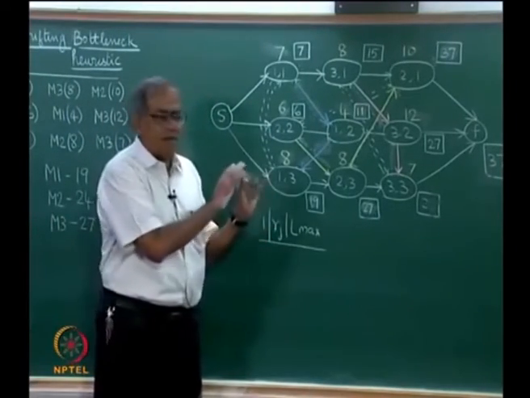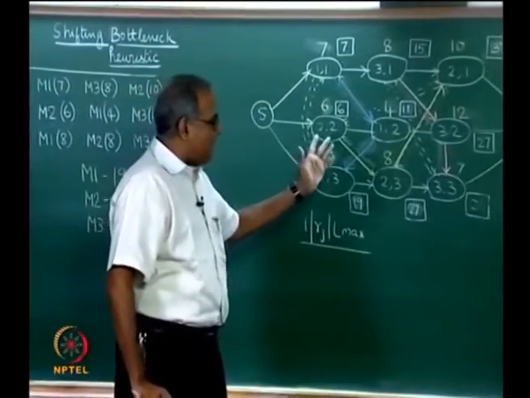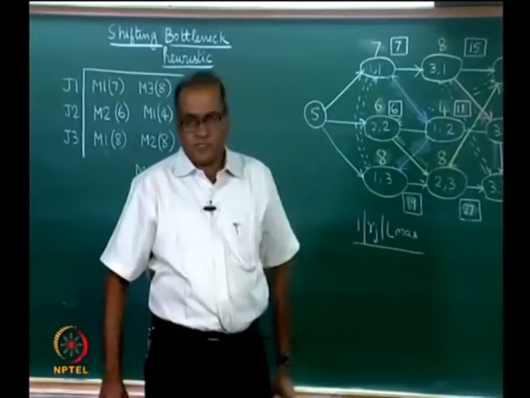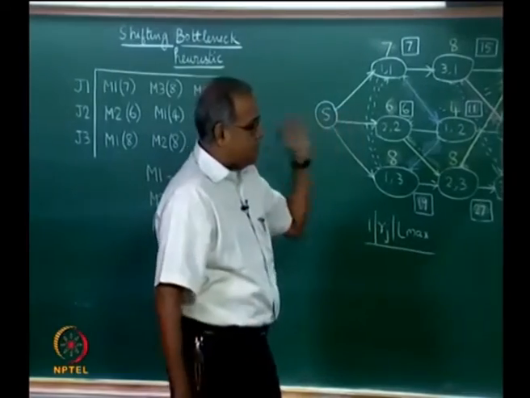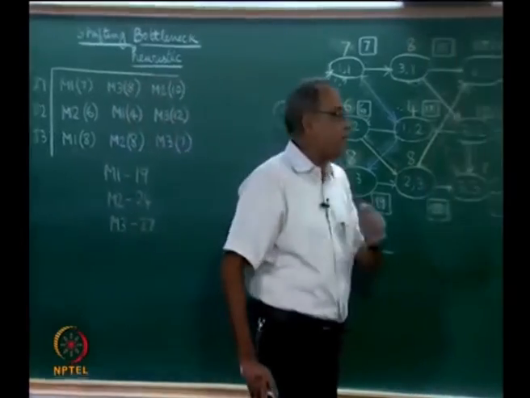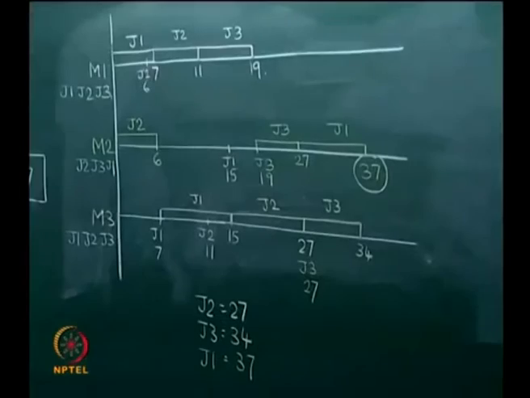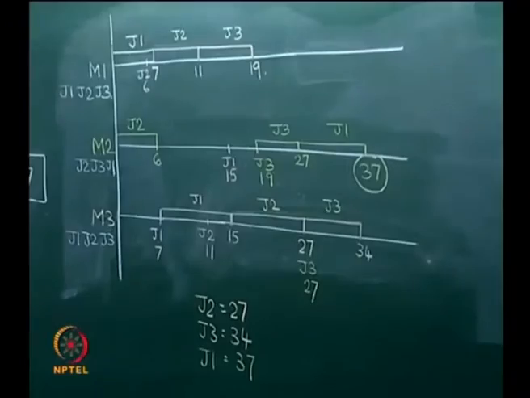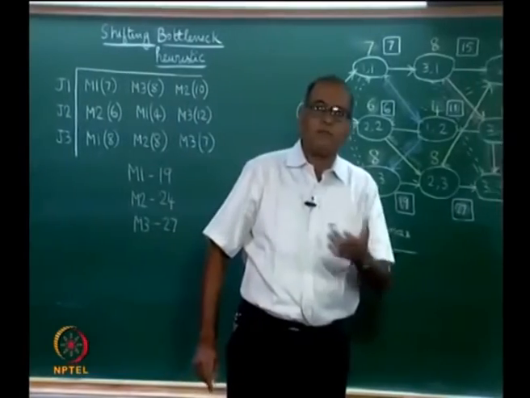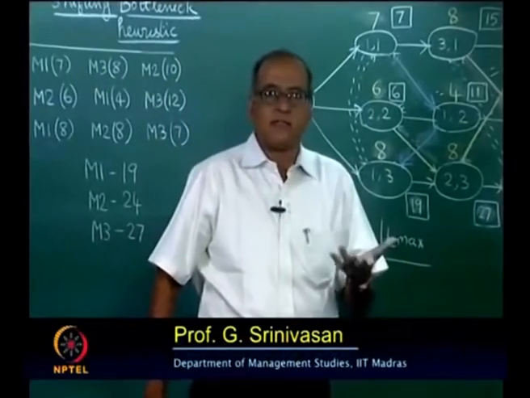So, this is a very powerful heuristic, does not guarantee optimality, and is completely different from a dispatching rule based approach, even though in principle both the dispatching rule based approach as well as the shifting bottleneck heuristic try to find out the best sequence of jobs on each of these machines. Now, this method became very popular largely because of its ability to give optimum solutions in many instances and close to optimum solutions in many instances as well.